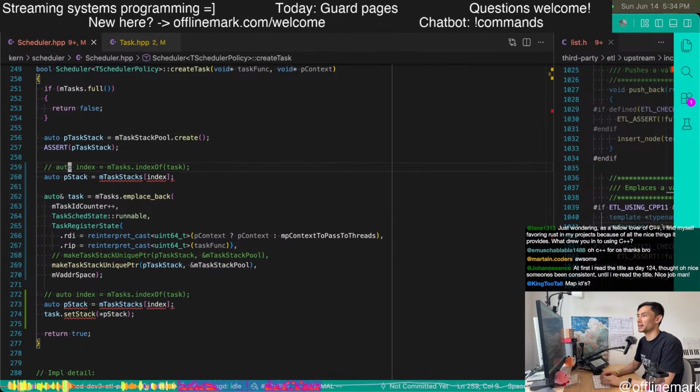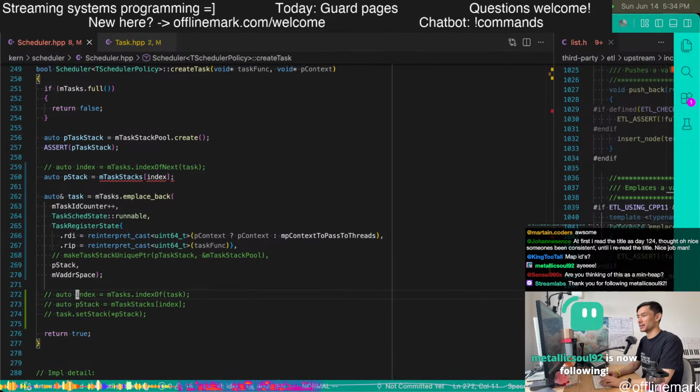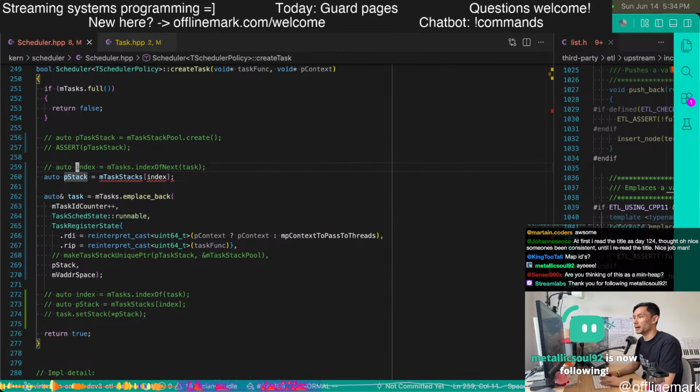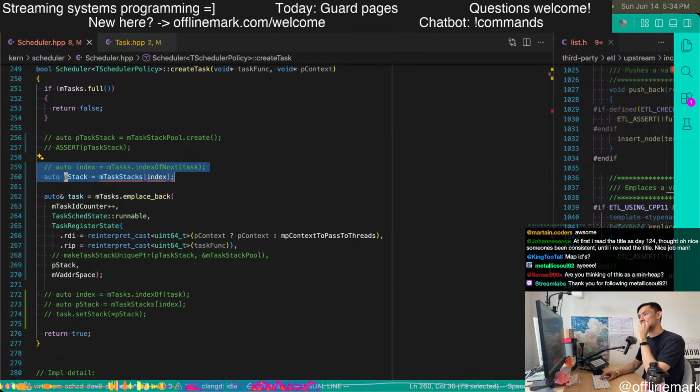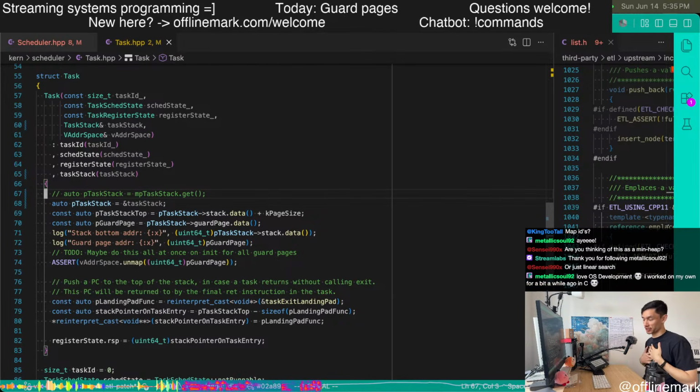And so it's like, okay, we get index of next, sort of thing. And then we can use the index to get the p stack, and then we can pass the p stack into here, and then all this goes away. And so then it looks more like this. So this goes away, and we can just kind of up front get the index, get the stack, and then we can just nicely retain our whole system where the task, as part of its construction, sets up the stack.